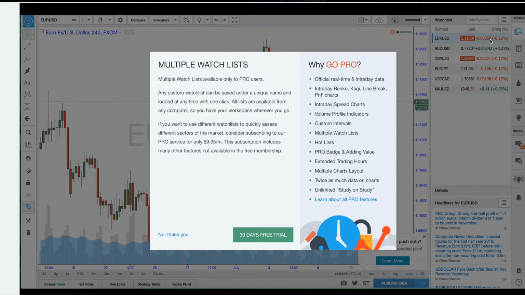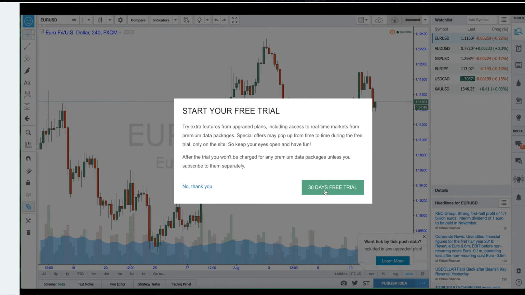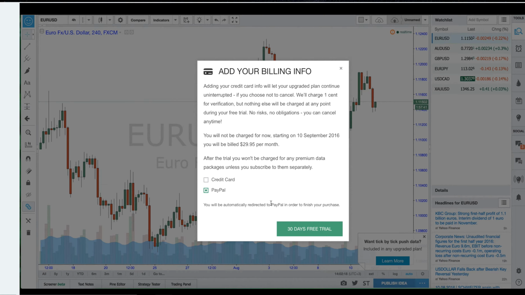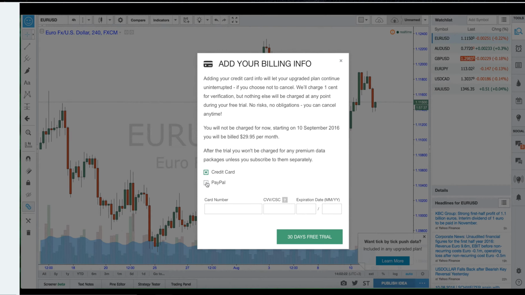Now, with TradingView, you get a 30-day trial. So once you have clicked 30-day free trial, recently it has in fact changed. It does ask you for your billing information straight away. I've done mine. I think I paid for a year. I think it cost me about £160 because I asked for the cryptocurrency feed as well. There's all kinds of different data feeds on here. However, I will say you just need the basic package, which is around $15 a month or so.